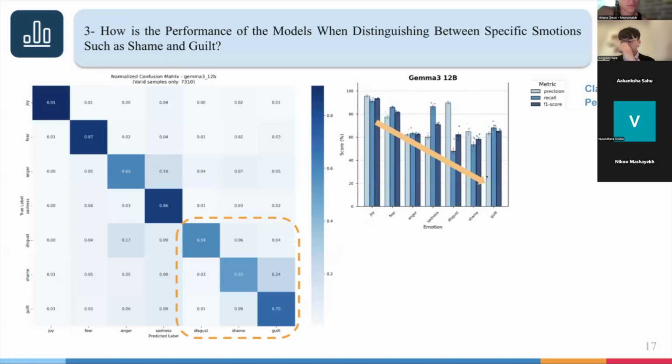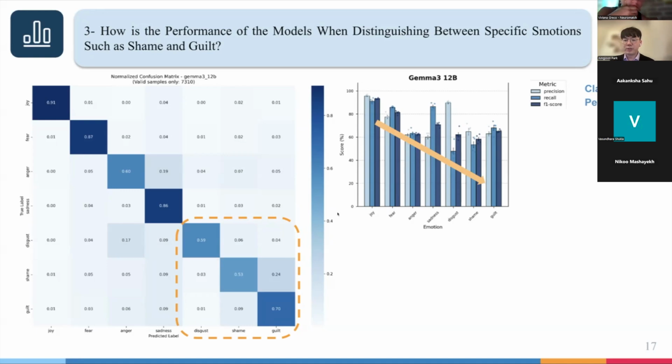And next, we examine the detailed prediction results for each emotion label, not just the macro average. The dataset classifies data into 7 distinct emotion categories. As you see in this confusion matrix and this blue grouped bar graph, each x-axis label is an emotion such as joy, fear, anger, sadness, disgust, shame, and guilt. So same here, joy to guilt. Interestingly, each emotion seems to